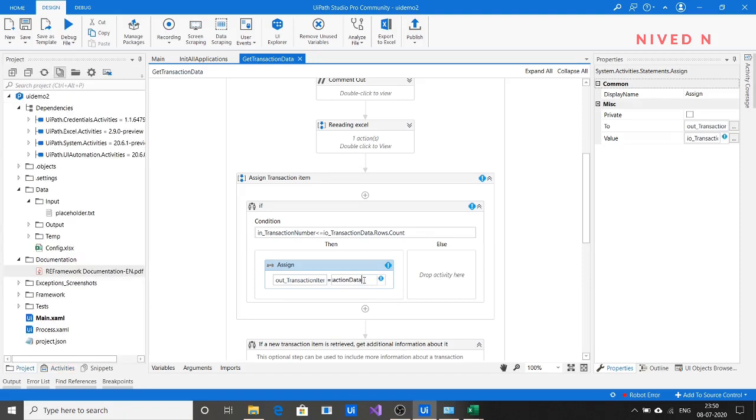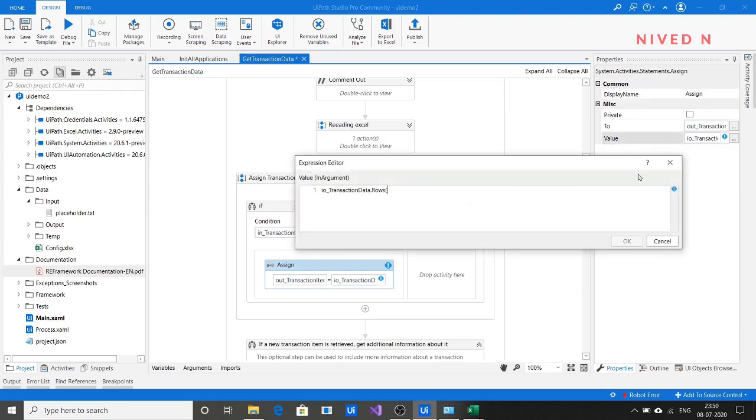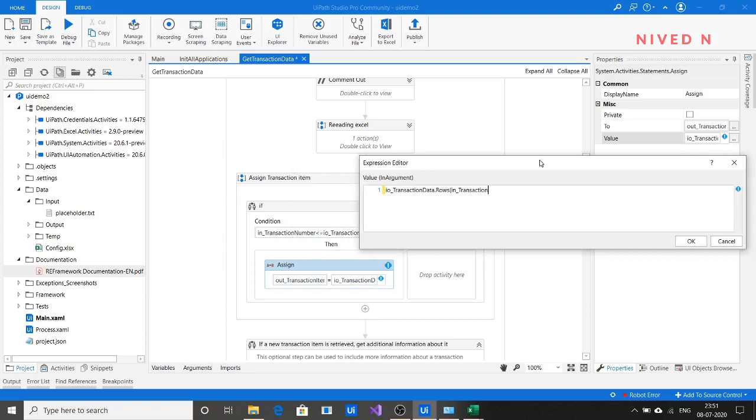So here we have to provide input output transaction data dot rows. Elaborate here, I think, in transaction number, I think in transaction number -1.